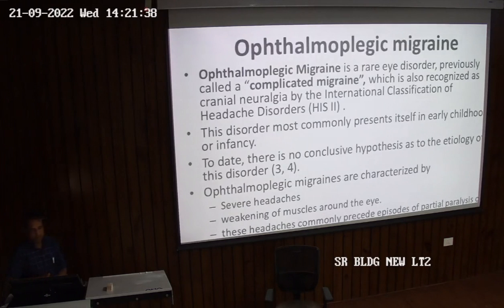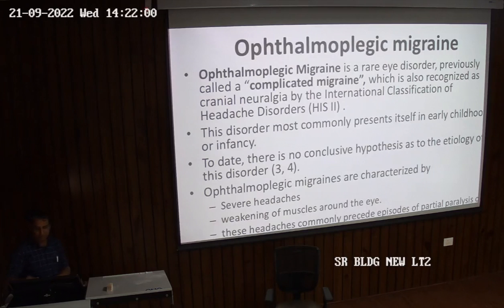Another type of ptosis is the ophthalmoplegic migraine. It is a rare disorder previously called complicated migraine and also recognized as cranial neuralgia. This disorder most commonly presents in early childhood or infancy. To date, there is no conclusive hypothesis, and it is characterized by severe headache, weakening of muscles around the eye, and